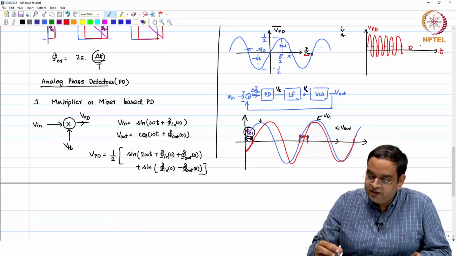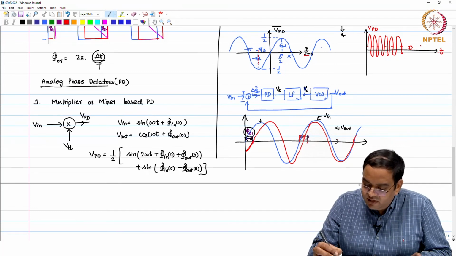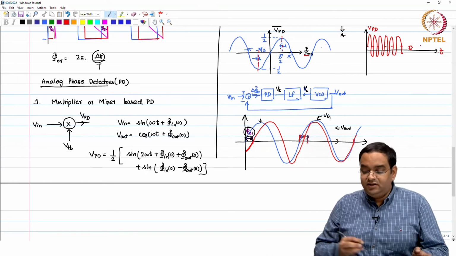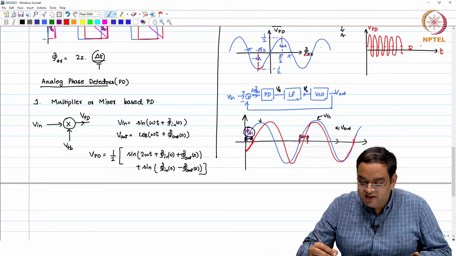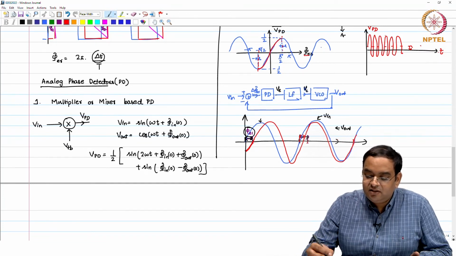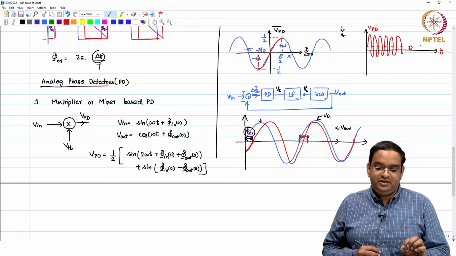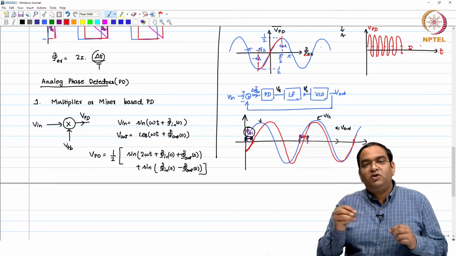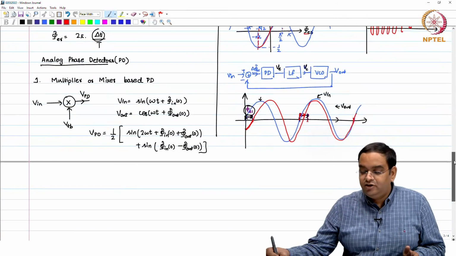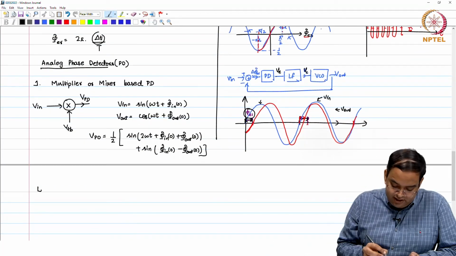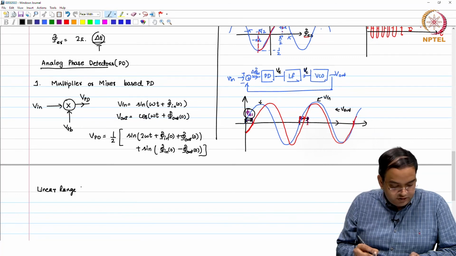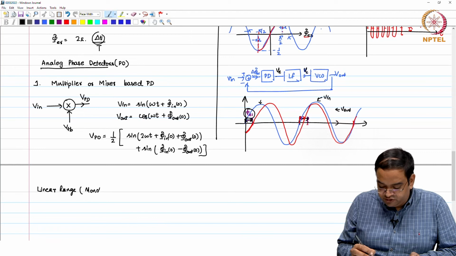So, what we do is we define the linear range of the phase detector, and by the way this range is not the linear range, actually this is the monotonous range, where it is changing only in one direction. So, here the linear range of this particular PD, which is more or less the monotonous range,